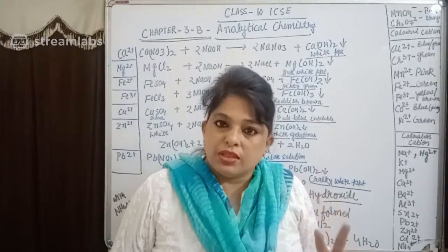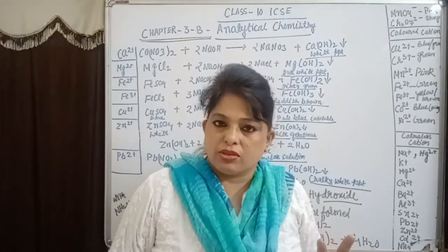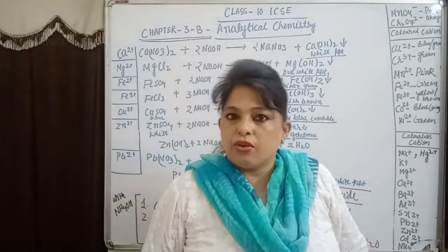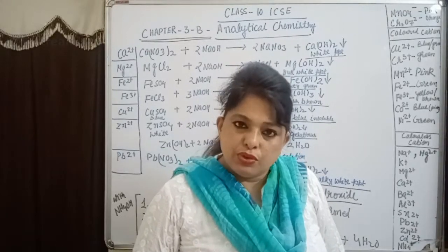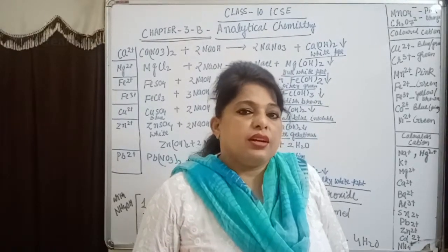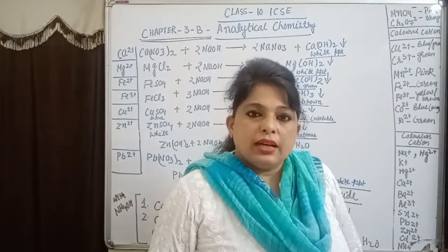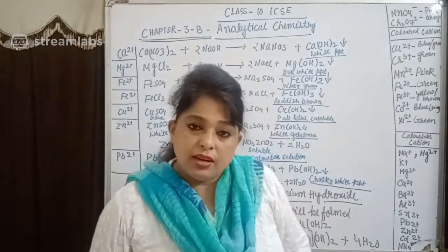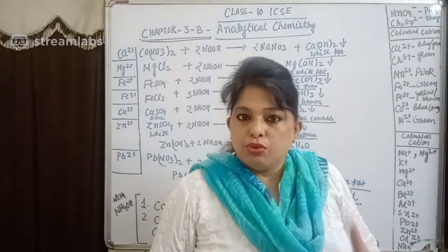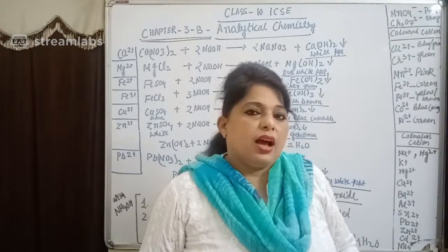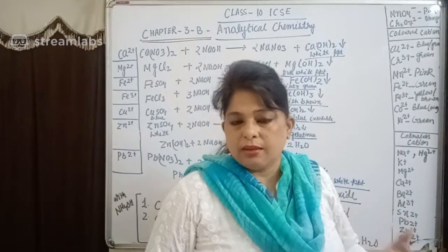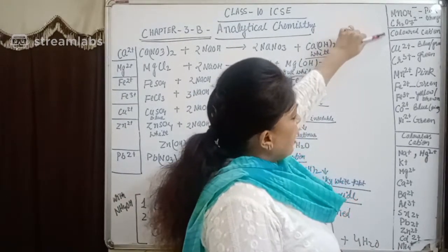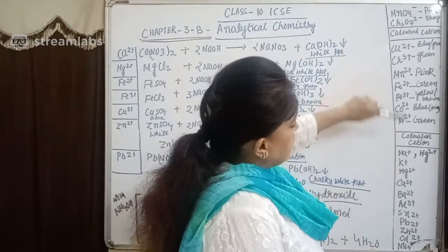Here we are using sodium hydroxide and ammonium hydroxide in analytical chemistry, and when we use ammonium hydroxide and sodium hydroxide on a few salts, you will see different kinds of colors. But before going to that, we should know there are some colored ions and there are some colorless ions, right? And we should know about them. If you learn the color of the ion, the answer will become very easy if they ask something based on this color, right? So now we can see here I have written a few ions, and then we can easily categorize them.